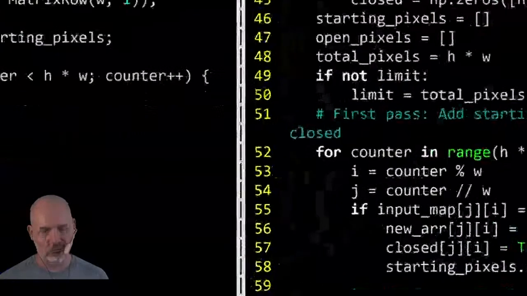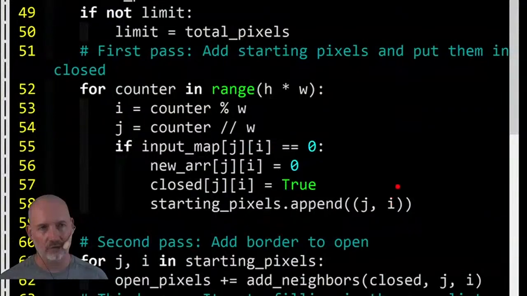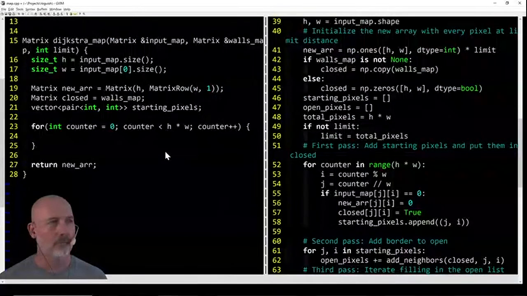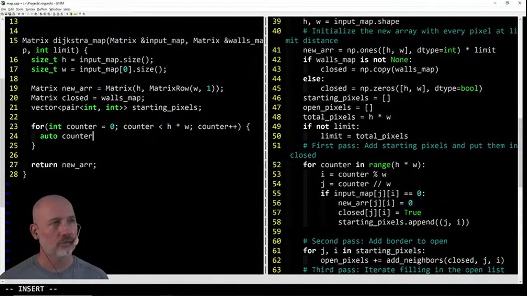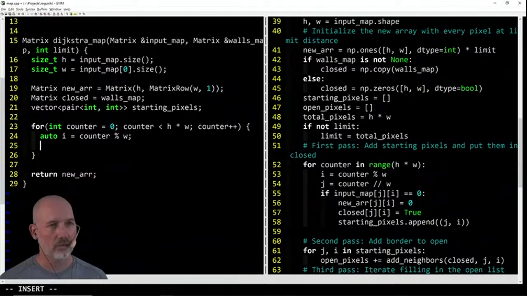So that should match this construct. We'll append pairs of 2 integers. And then we're doing auto counter, right, i equals counter % w, so that's the modulus of the width, and then auto j equals counter,